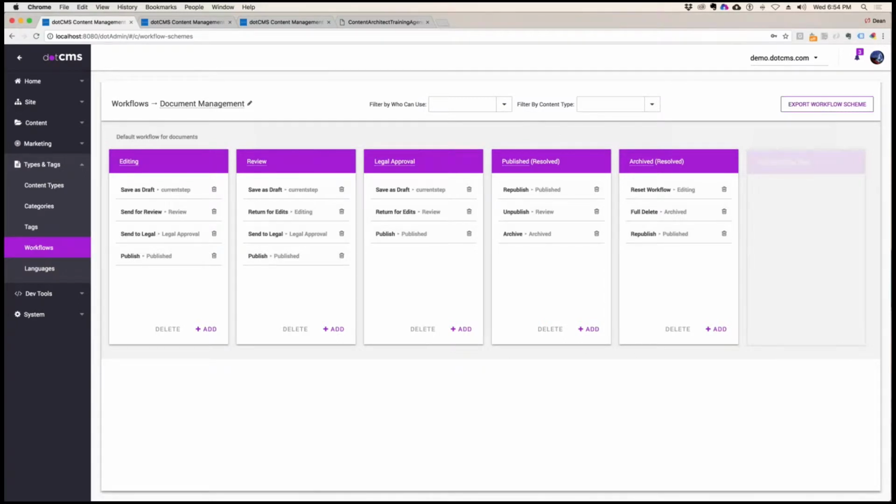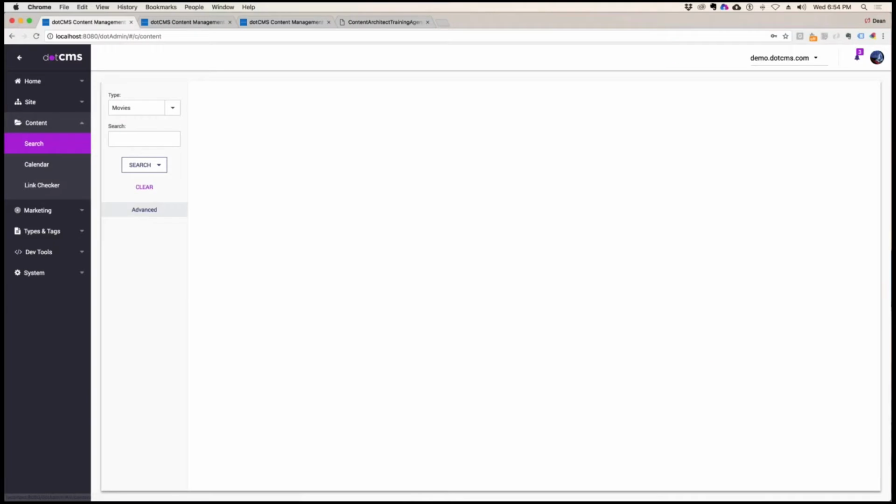You can even export workflow schemes. You can publish workflow schemes from one to another. And if you push content that's actually controlled by one of the workflow schemes, it takes the workflow and updates it as well. So here, if I click on my,